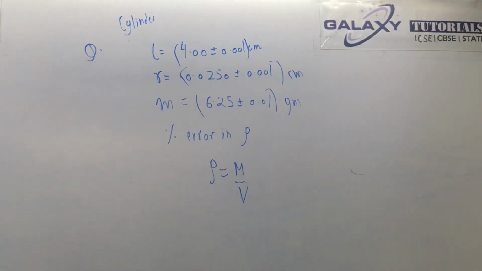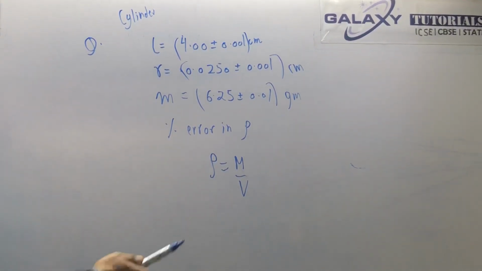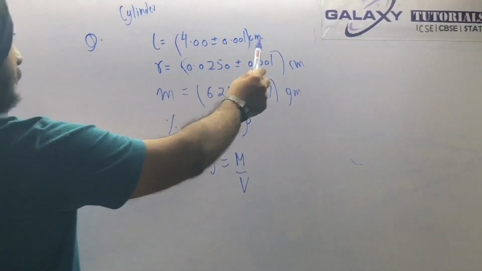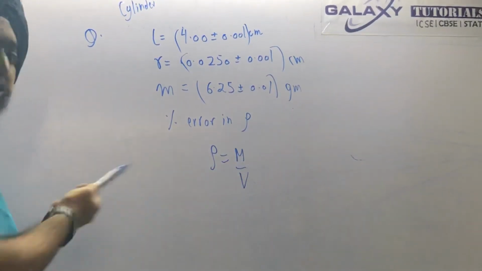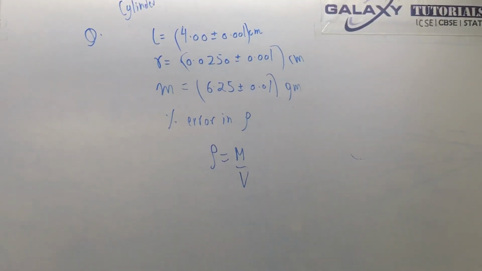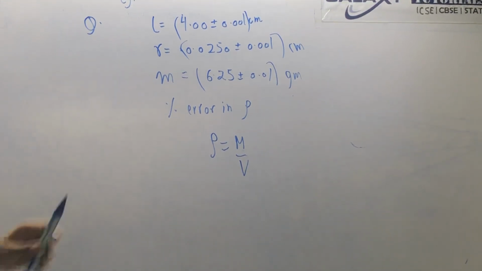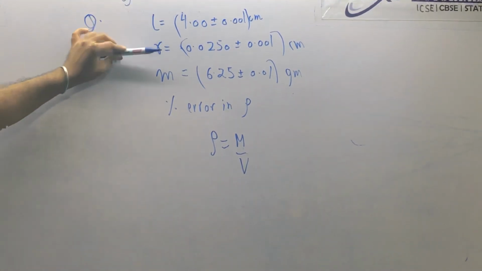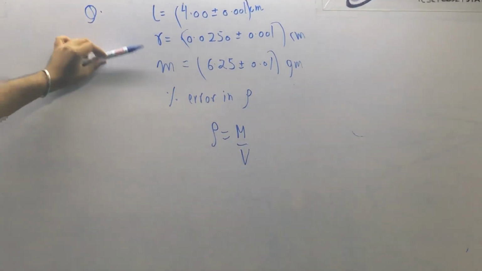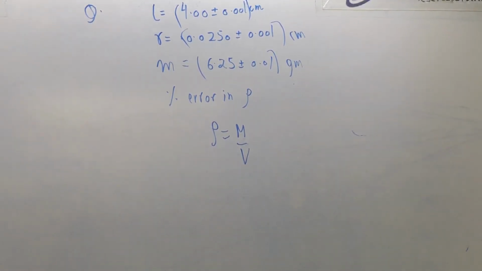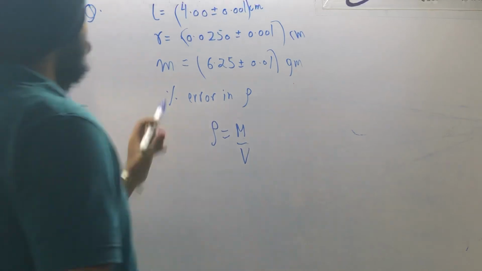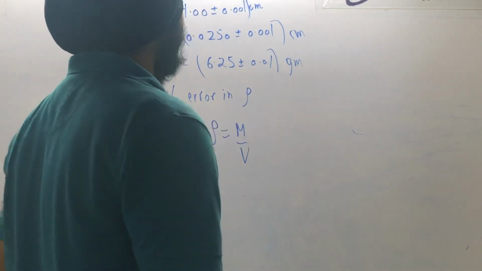Okay. So before I proceed with anything, see, the units are in centimeter. This is in centimeter and this is in gram. So you can proceed with the question, because both are in same units. So no need to convert it into meter or kg because all are in same type. This is a CGS type. Centimeter, centimeter and gram. Okay, so not a problem, no need to convert. Okay, mass you know already 6.25 and whatever.